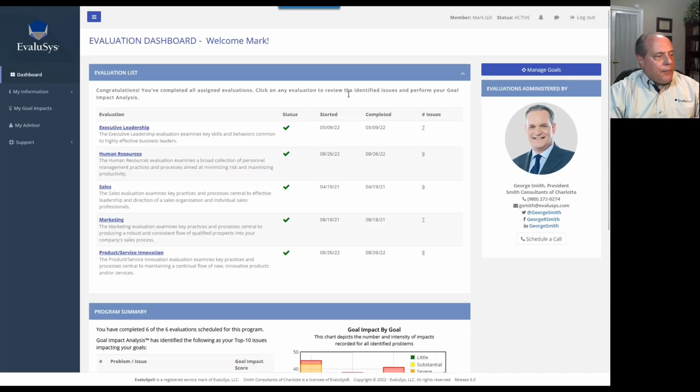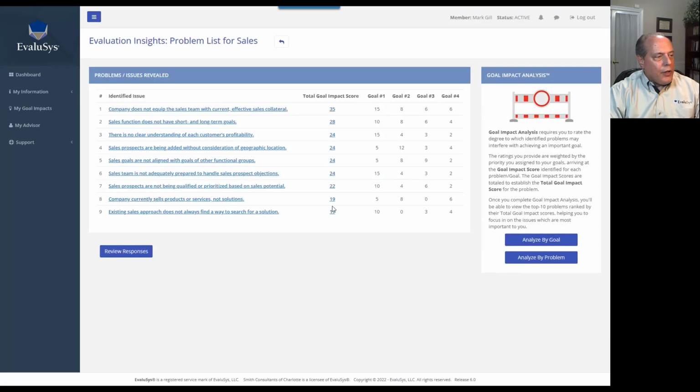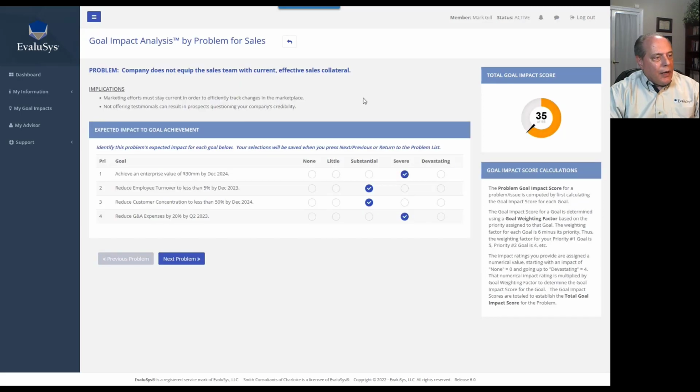So looking at the process of going through goal impact analysis, there's 2 ways that they can go through it. You can see here on the sidebar, you can analyze it by goal or you can analyze it by problem. It's just one is turned 90 degrees from the other. The default is if they come into this, when they complete their evaluation, they're going to be brought to this screen. And if they click onto this,